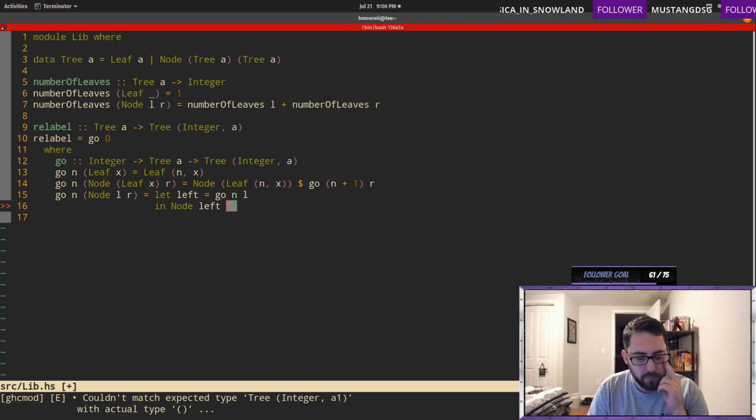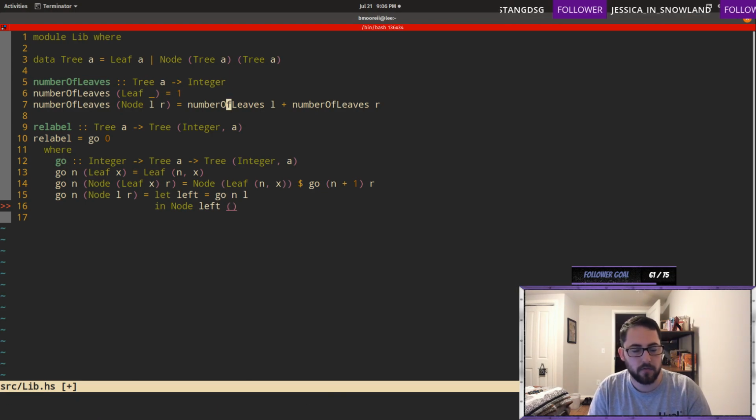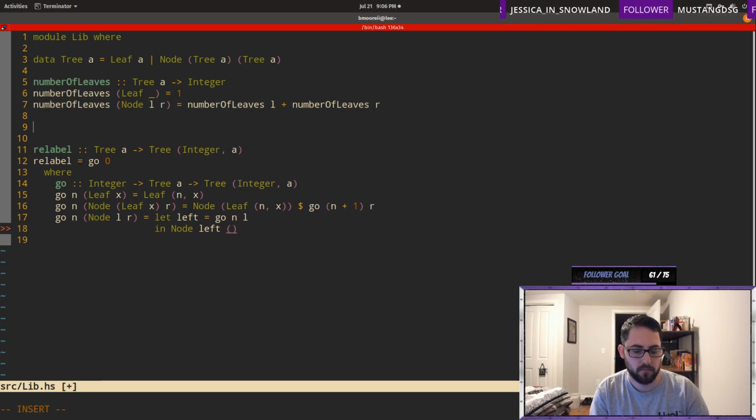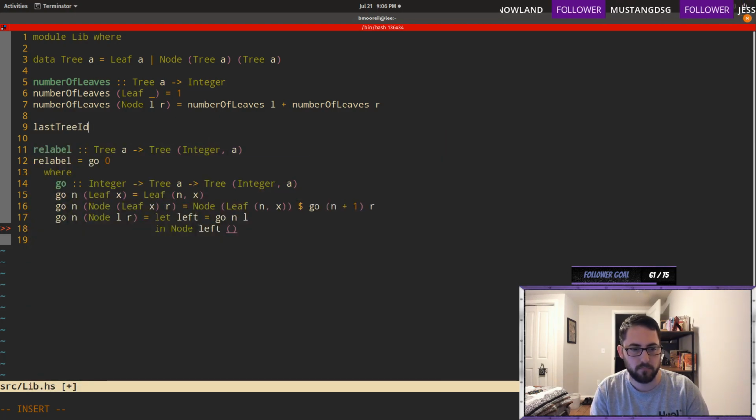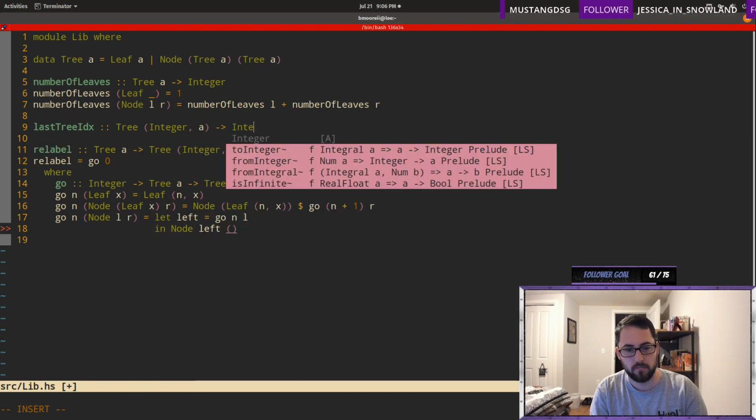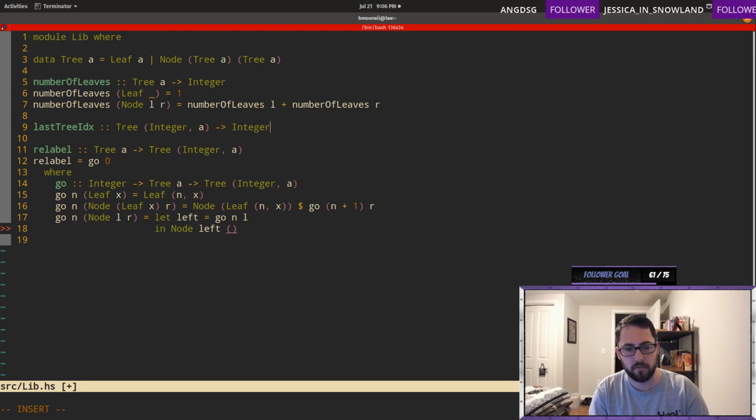I don't know how to write this part. You need to find the furthest right tree, I guess? You need a function like this.